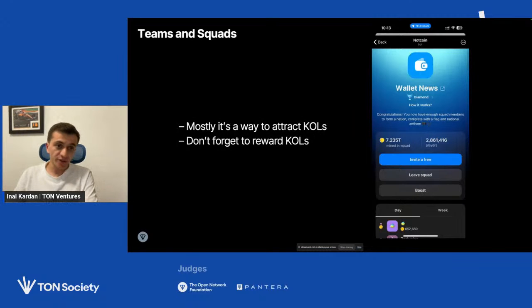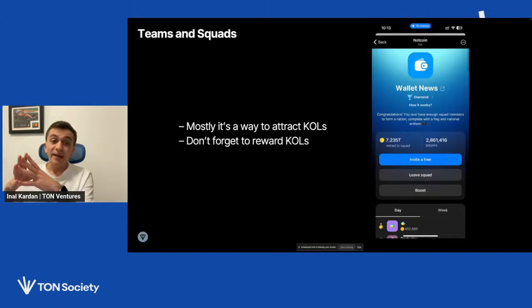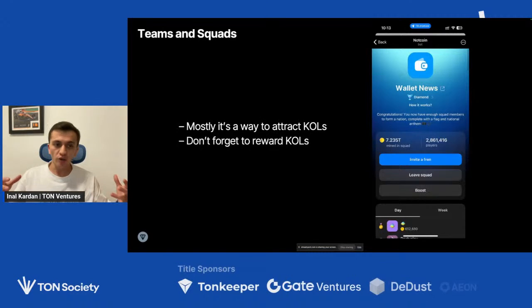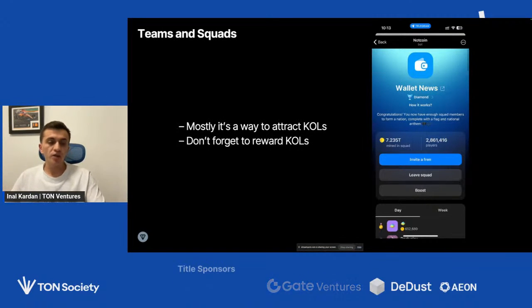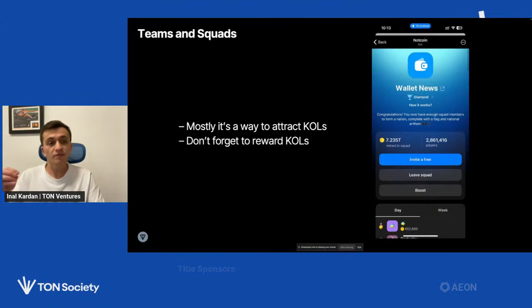Next, another very viral thing. Again, this is a slide from a presentation that I quite often use when I speak about best practices. And here it's about KOLs. In many games or applications, you can have, as I call it, squads or teams, and they help you to incentivize KOLs, key opinion leaders, bloggers, to invite their audience to the mini app. So this is, again, very important.